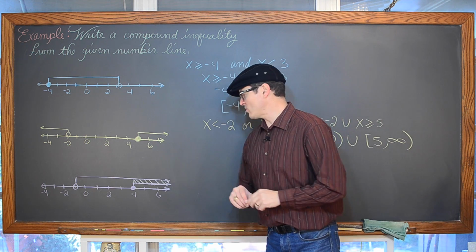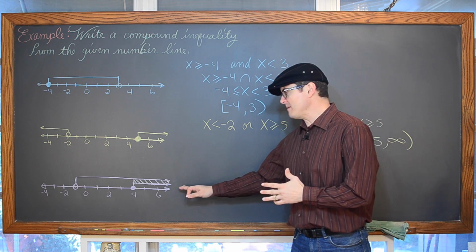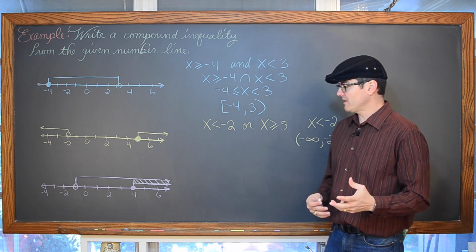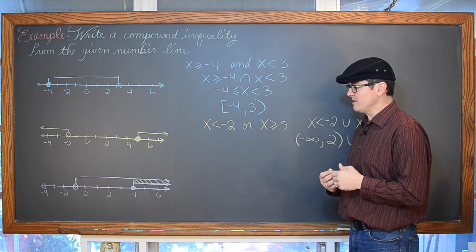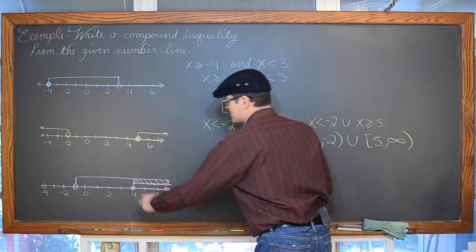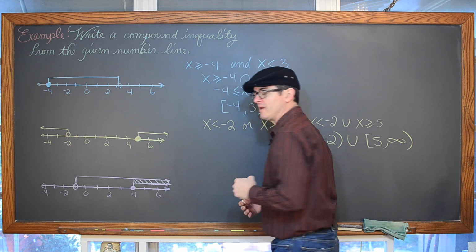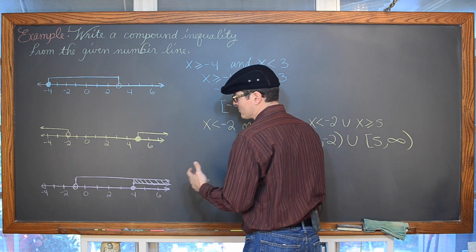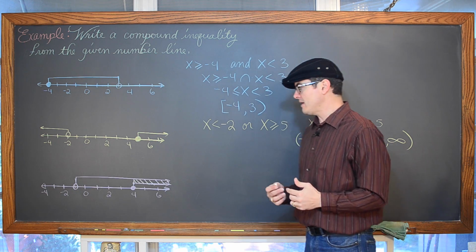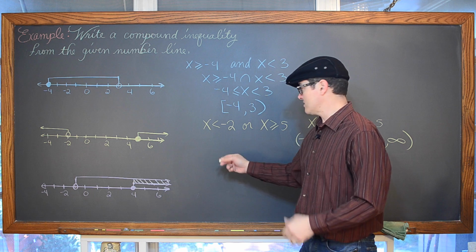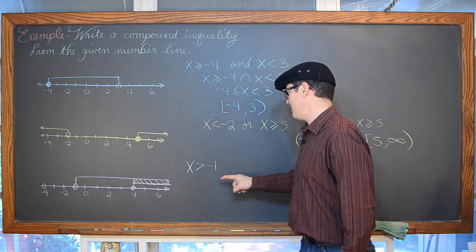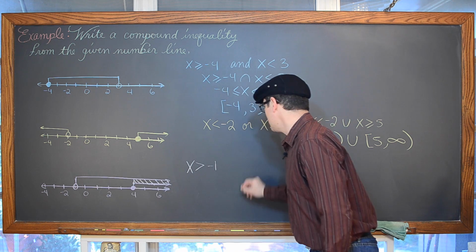Now for our third inequality, maybe this would be a better example if I'd started with the inequality and come up with a number line. But going from a number line to inequalities, there's really two answers here. Are you going to write an answer that represents the overlap area, where we have values which are a solution satisfying both inequalities? Now let's see here. We do have an open dot on negative 1, and it's going to the right. So we have x is greater than negative 1. We have x is greater than or equal to 4.